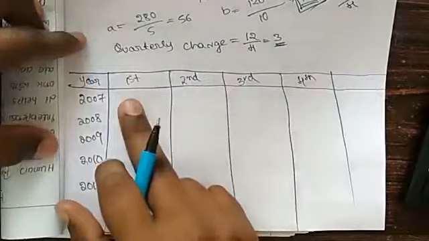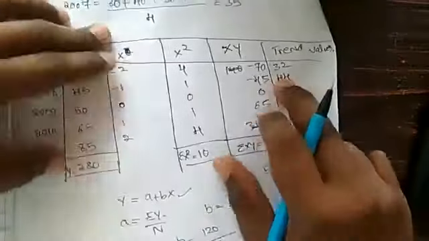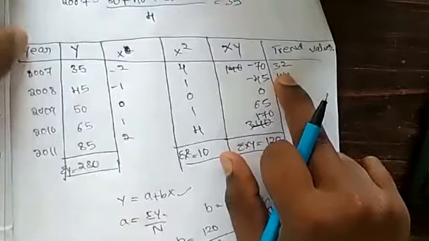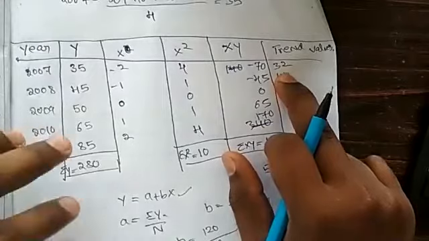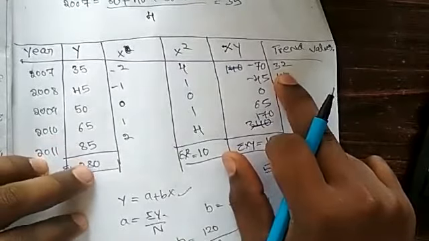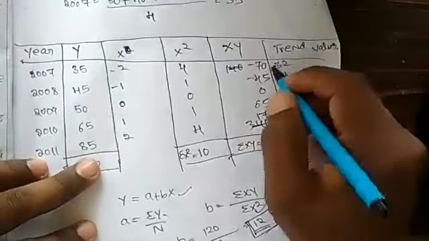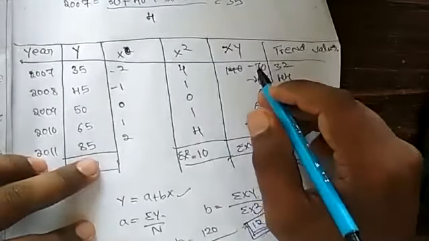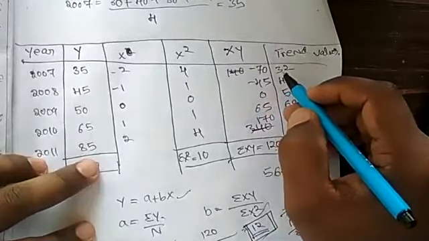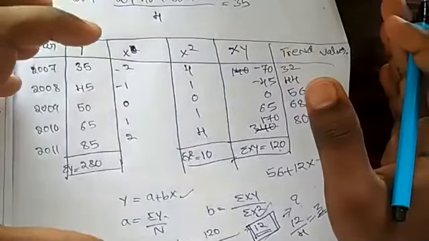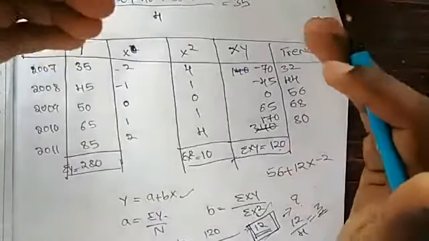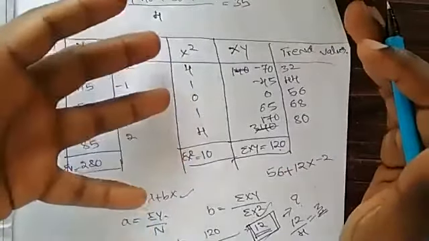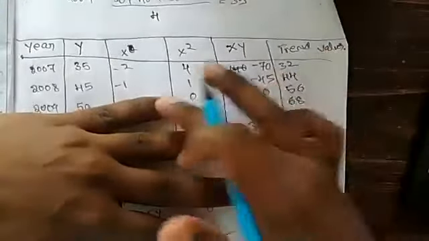So the first, the trend value for 2007 is 32. Now, if you go for graphical representation of a trend, you know the rules. If the number of years is even, then where to plot that value? The rule is in between the second and third. For example, if the number of years is 4, then where to put the value? First, second, third, 4.